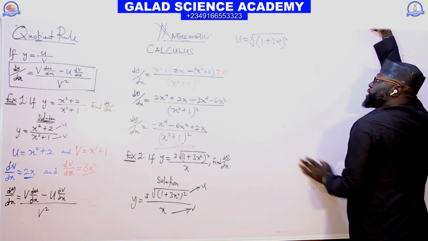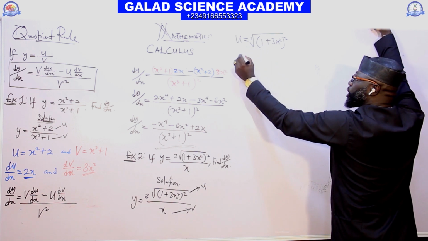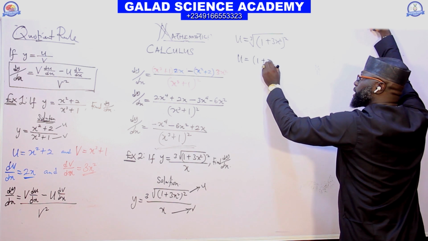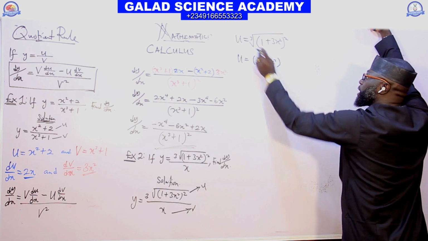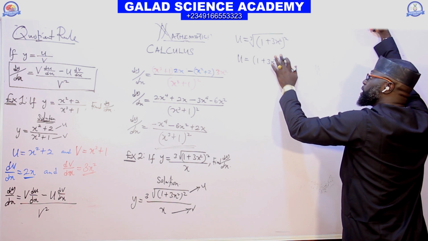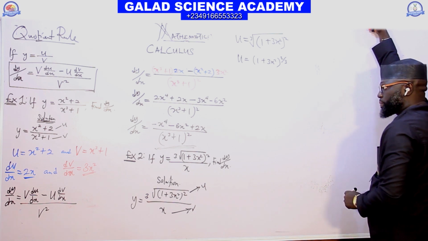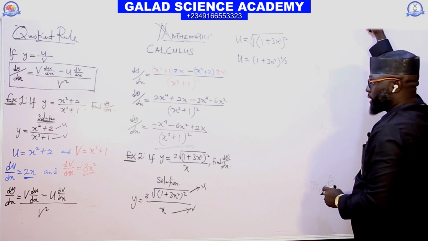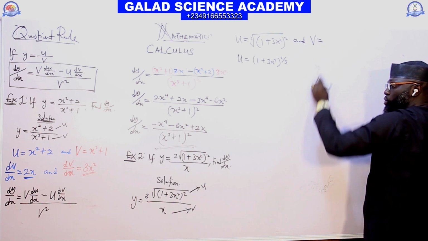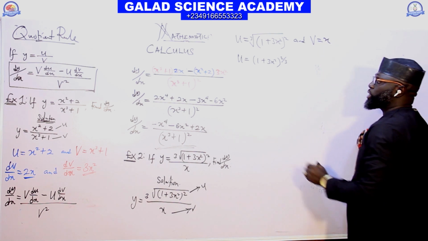See, for this alone, we can also change it to become 1 plus 3x squared to become 3 over 2 over 3. That's u. And v is x. Let us find the